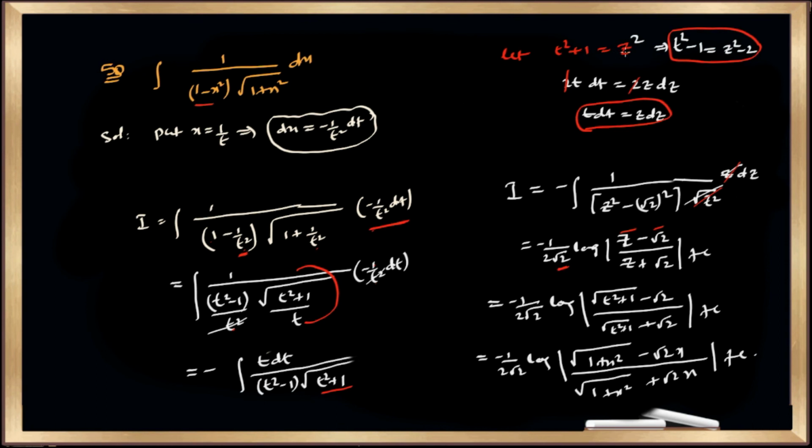But what about z? Z square is t square plus 1, so z is root over t square plus 1. So z is root over t square plus 1, minus root 2 by, in the plus, we have to write z, which is root over t square plus 1. Then what about t? x is 1 by t, then t is 1 by x. Now in the place of t, if you write 1 by x, t square plus 1 becomes root over 1 plus x square by x square, or we can write without root, by x. If you cross multiply, x will come here: the same thing, 1 plus x square plus root 2 into x. Okay, and in the LCM, x on both sides gets cancelled.